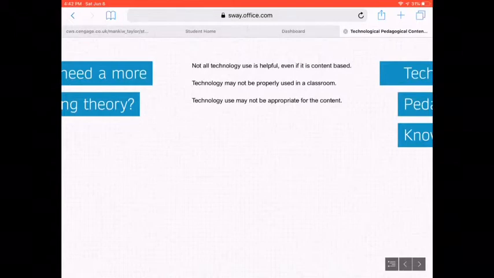The second thing is that technology may not be properly used in a classroom. Just because you use it, or maybe you're like, oh, I'm going to use this app, but you don't really know how to properly use the app, or you're only using part of the functions, that doesn't really help. So in order to incorporate that, you need a more encompassing and broad understanding of when an appropriate time to use technology is, and